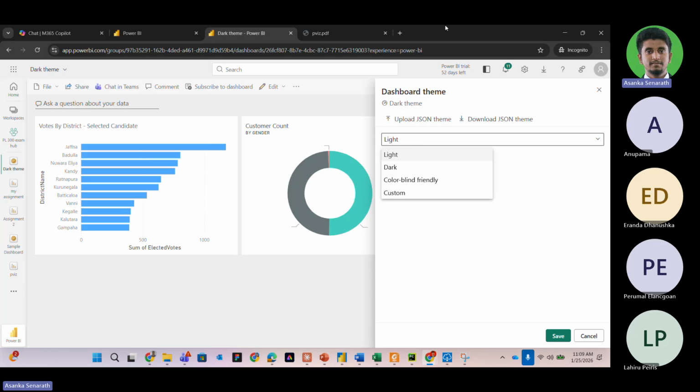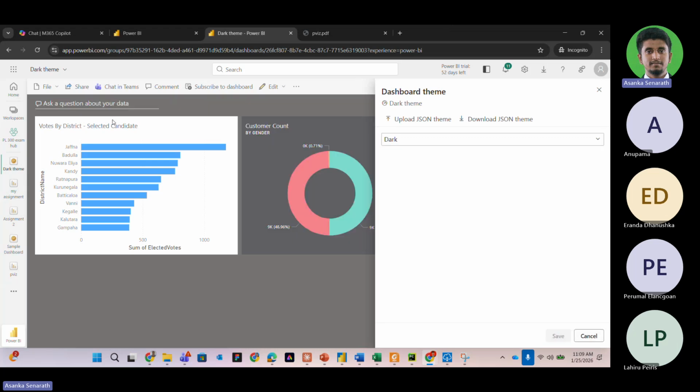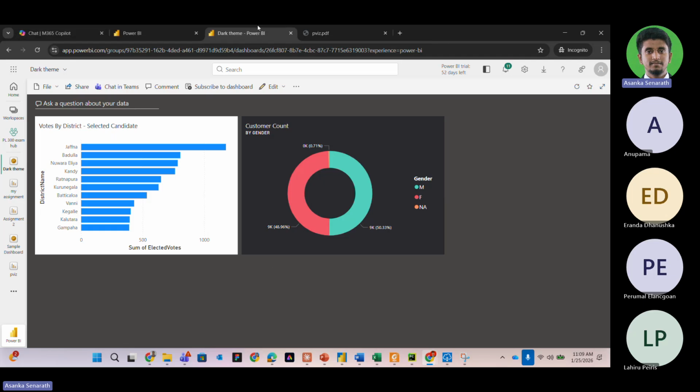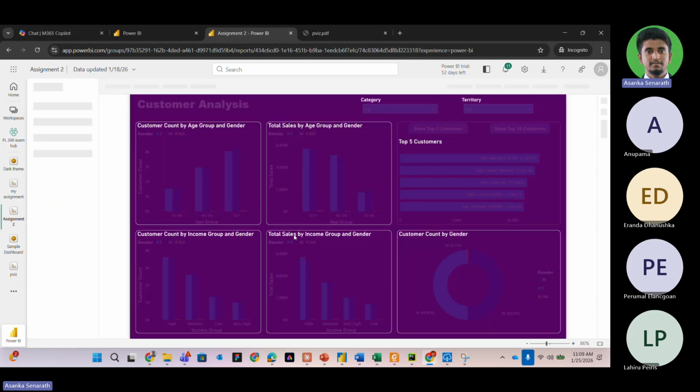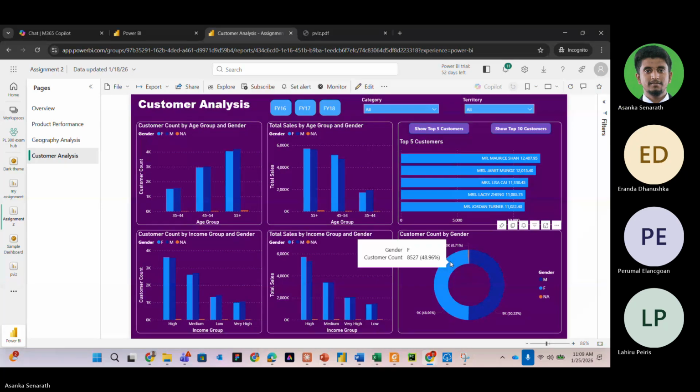Last time, when we were discussing Power BI visuals, I told you that we can use a JSON theme. If you select dark theme, you can see the dashboard changes, but it will not make any changes to our original report. So this is what we are supposed to do.